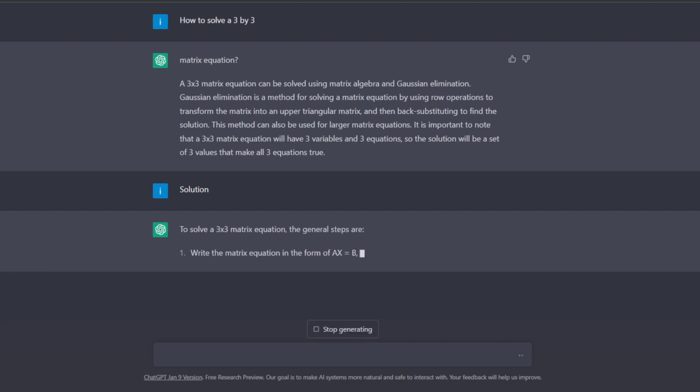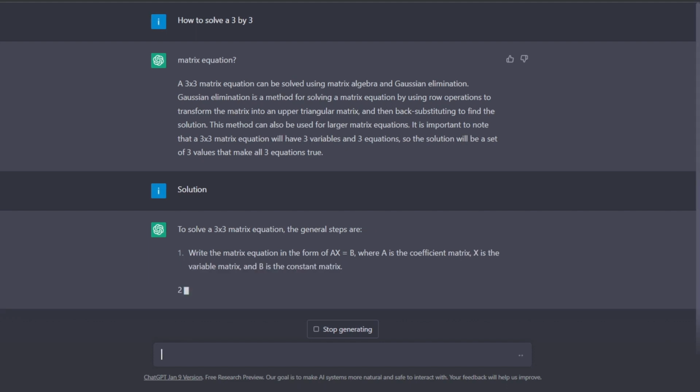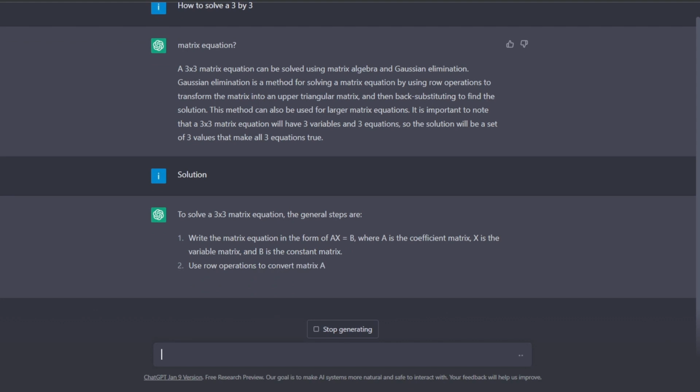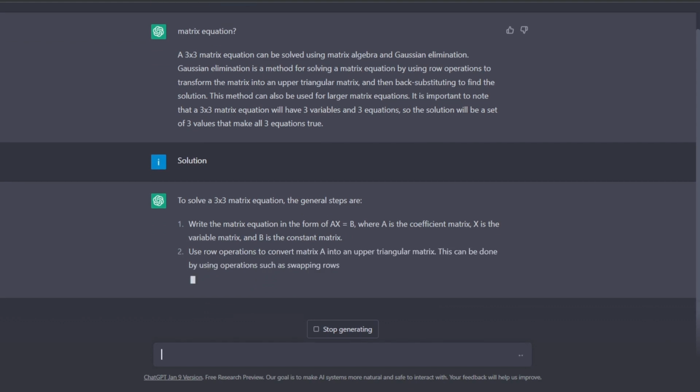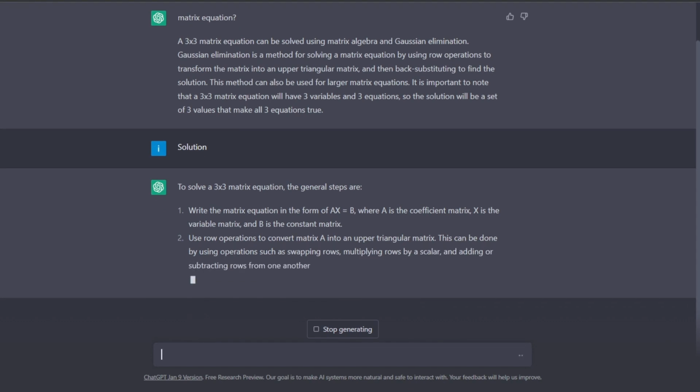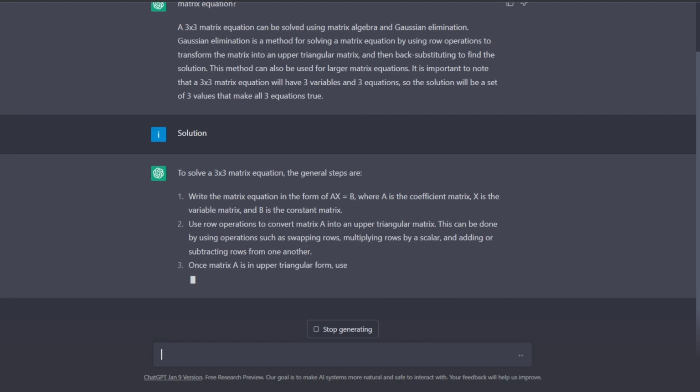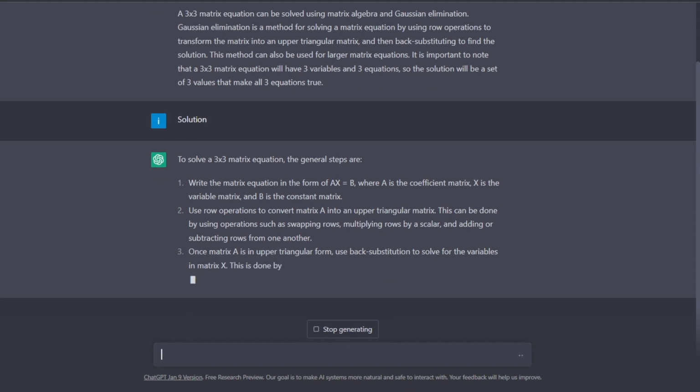The general steps are: write the matrix equation in the form of Ax equals b, where A is the coefficient matrix, x is the variable matrix, and b is the constant matrix. Use row operations to convert matrix A into an upper triangular matrix. This can be done by using operations such as swapping rows, multiplying rows by a scalar, and adding or subtracting